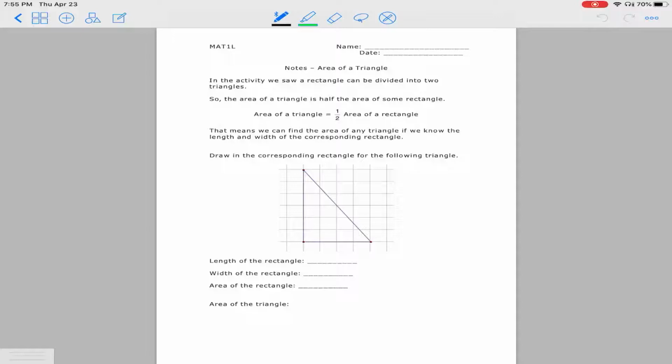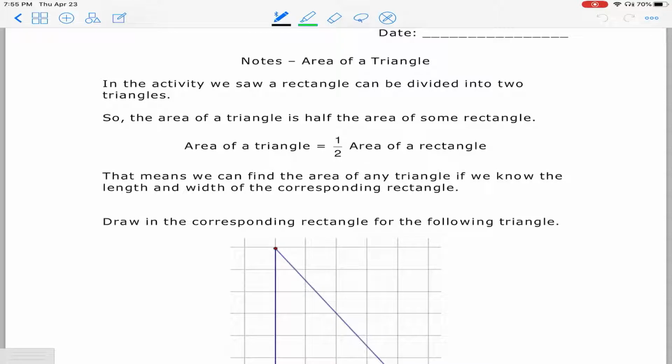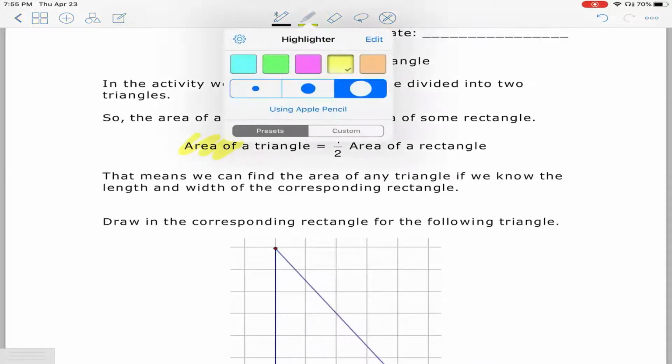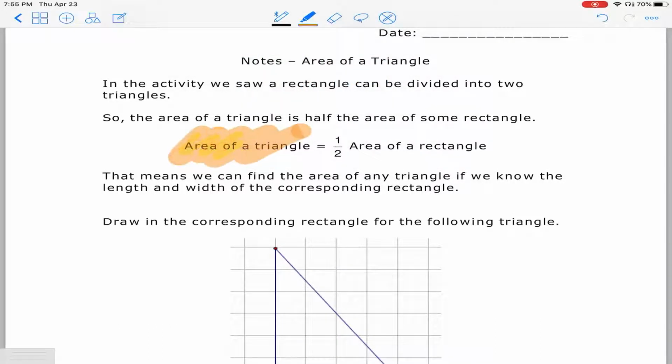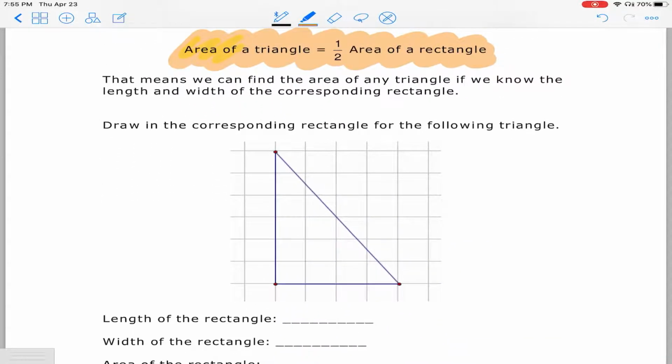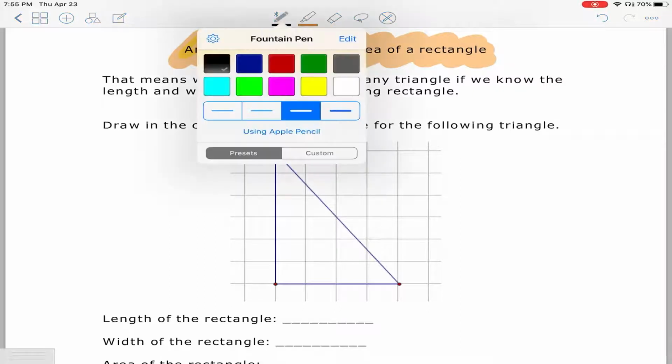Hi guys, so this is the lesson on the area of a triangle. For the area of a triangle, the only thing that you need to remember is this formula right here. So I will highlight it with something more visible right here. So I will show you why it is half of a rectangle based on the drawing that we have over here. If you take a look at this,